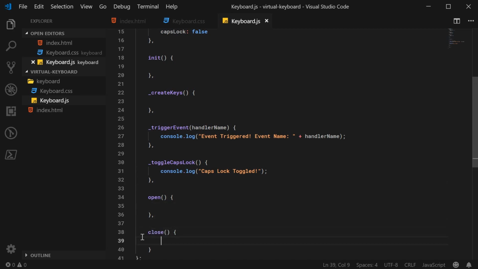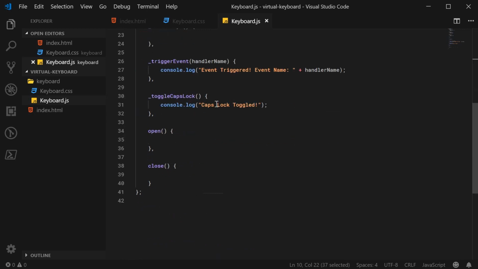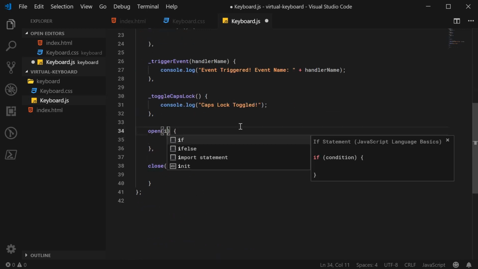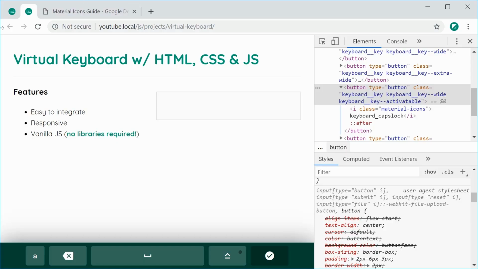Alright, cool. So for the open method, this will contain 3 arguments. You can pass in, of course, your 2 functions for the event handlers, but also we're going to accept an initial value. So the initial value for the keyboard when it opens up, and also on input and on close. The benefit of having this initial value is that when you have something like a text area,